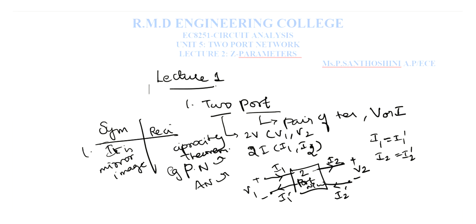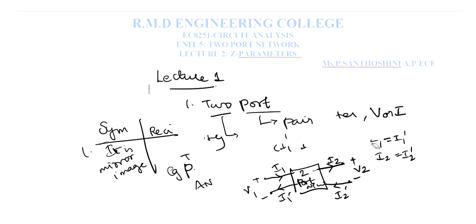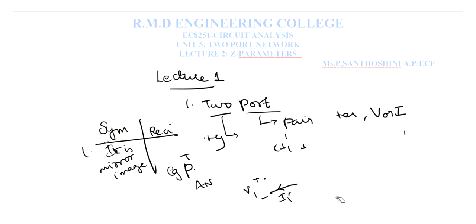And the main thing, we saw the six parameters, right? Can you remember what the six parameters are? The first one is based on the four letters, that is V1, V2, I1, I2. These four letters we can make into